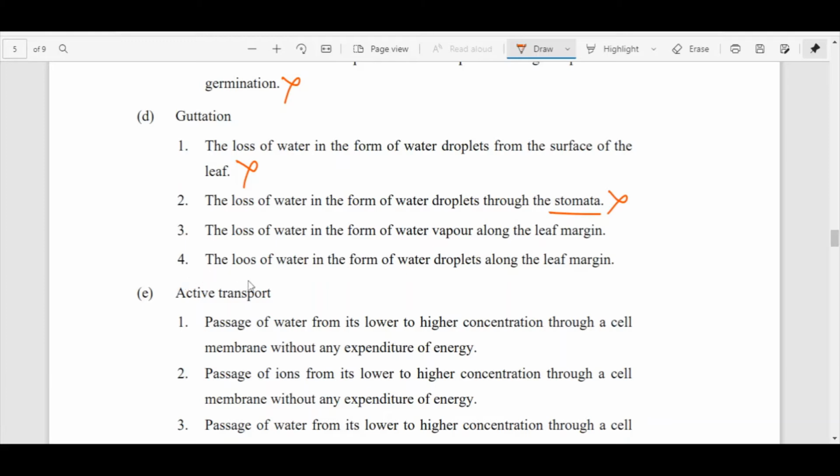Option number 4, the loss of water in the form of water droplets along the leaf margin. So which one is correct now? 3 or 4? Obviously number 4 children, because guttation is the loss of water in the form of water droplets, not water vapor. Okay, I tried to confuse you. So I hope now you will remember the loss of water in the form of water droplets along the leaf